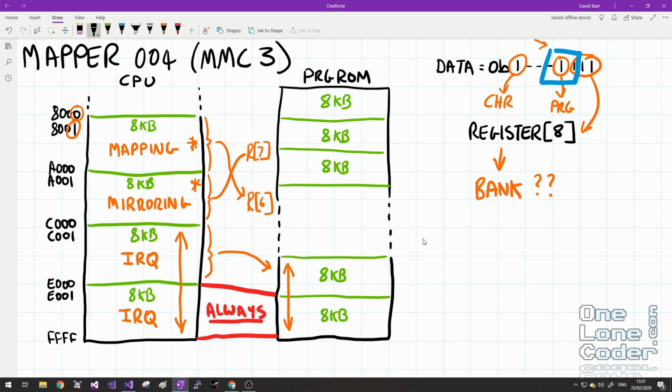This leaves us with 2 remaining functions of the MMC3 mapper, and that is handling this new feature, interrupt requests. And I'll add that this isn't an interrupt request to the mapper to go and do something. This is the mapper generating an interrupt request for the CPU. And so far in this series, we've not really handled any interrupt requests, other than the non-maskable interrupt issued by the PPU. That particular interrupt was used to inform the CPU that it had finished rendering a frame, and therefore the game loop could go ahead and get the input, do some calculations, and produce the output for the next